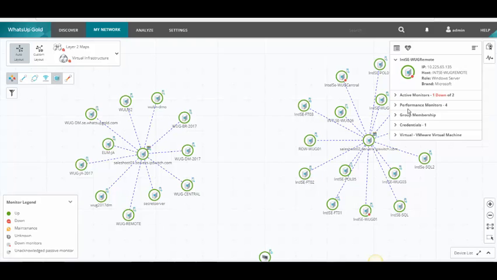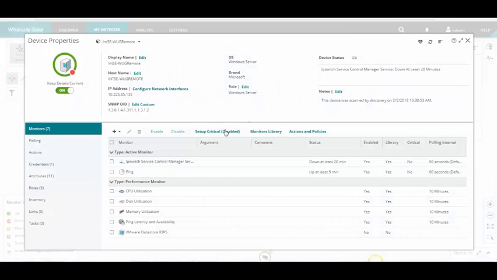What we're going to get from servers by default is disk, CPU, memory, ping availability. We'll also see if there are any down active monitors on the device. It looks like I have a service down on that device. And under the properties page, we will be able to see a little bit more about that device. This happens to be a Windows server. I'm monitoring one service. This did not come in automatically, but everything else came in automatically. So ping, CPU, disk, memory, ping latency and availability, and VMware Data Store IOPS.